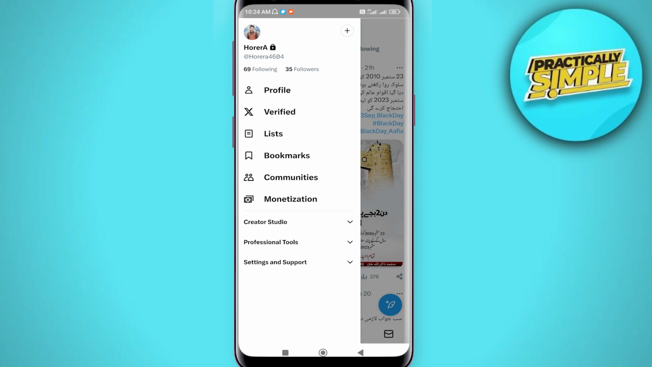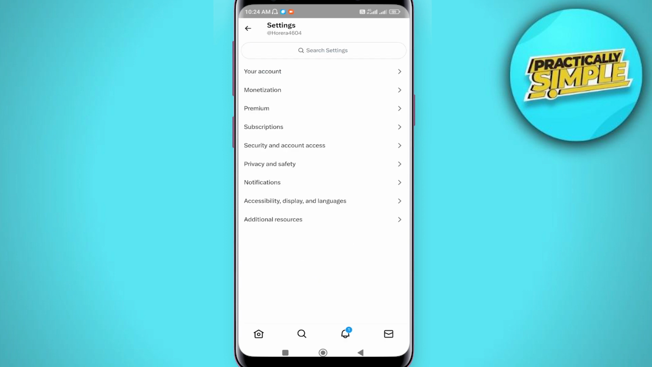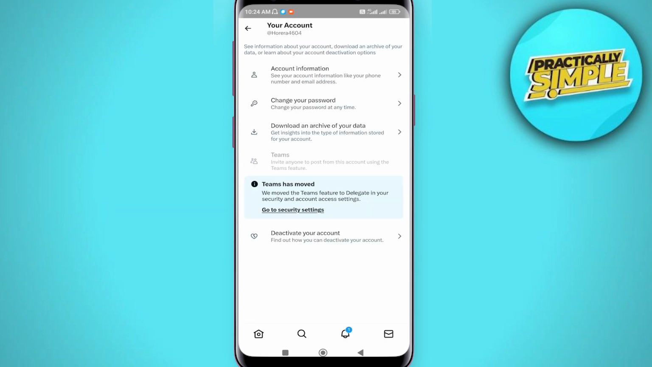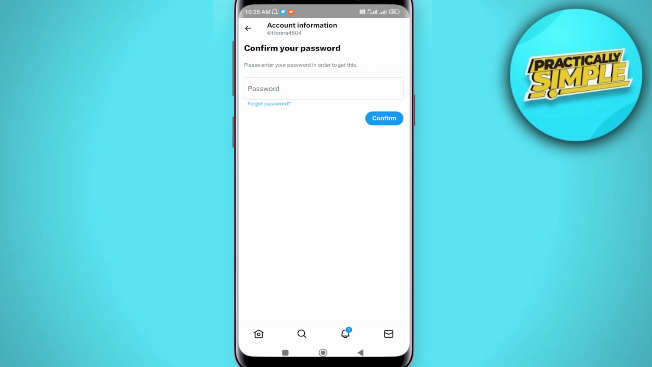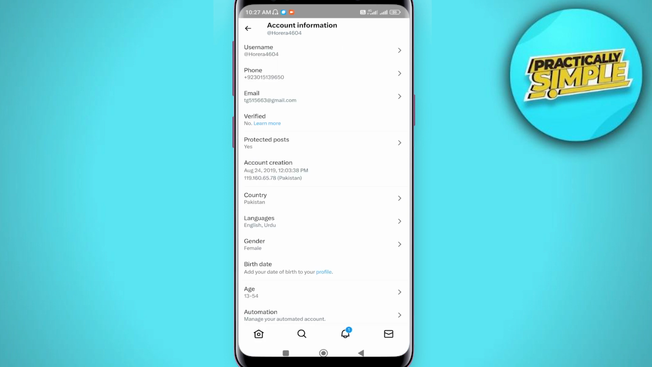these options. You have to tap on Settings and Support and then go for Settings and Privacy and now tap on your account, the first option, and then tap on Account Information and now you have to enter your password here. And after entering the password, as you can see the first option, username, just have to